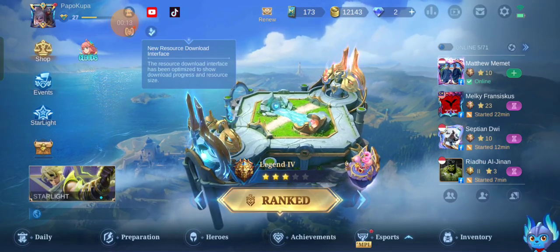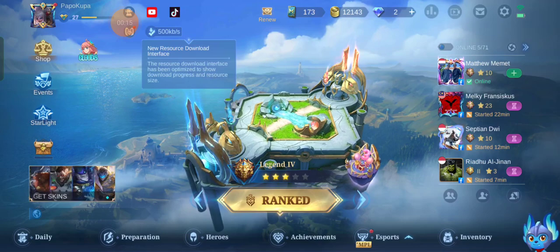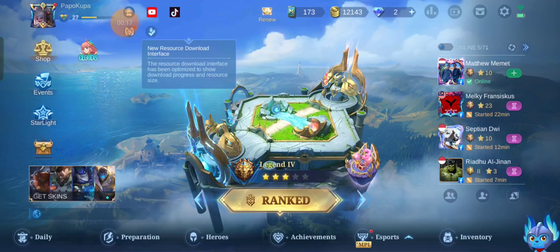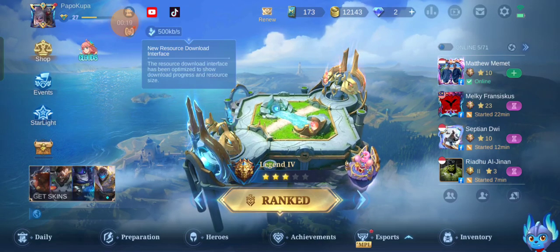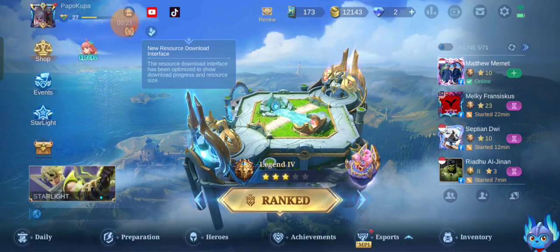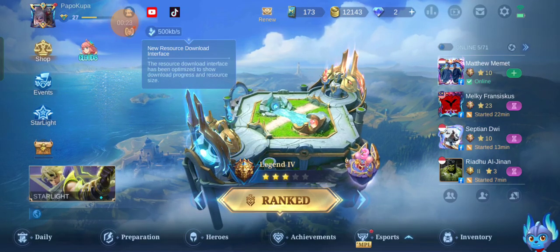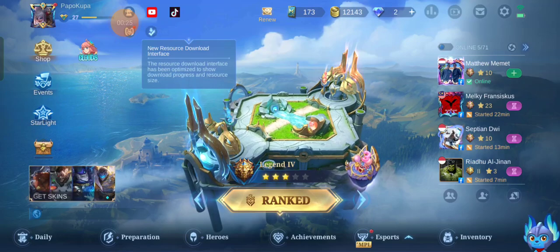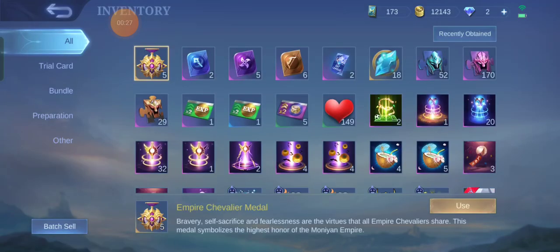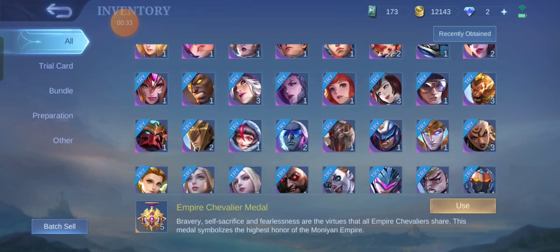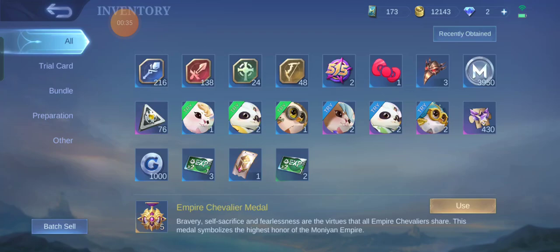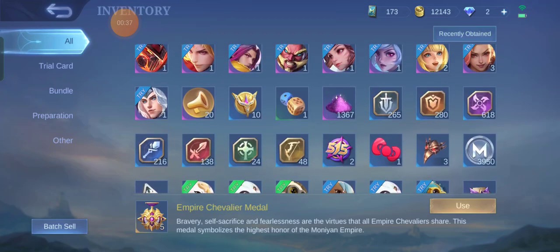First thing you need to do is log in to your Mobile Legends account, and if you're already logged in, you need to go to inventory, the menu on the right below over here. Then in the inventory menu you can keep scrolling down until you find the